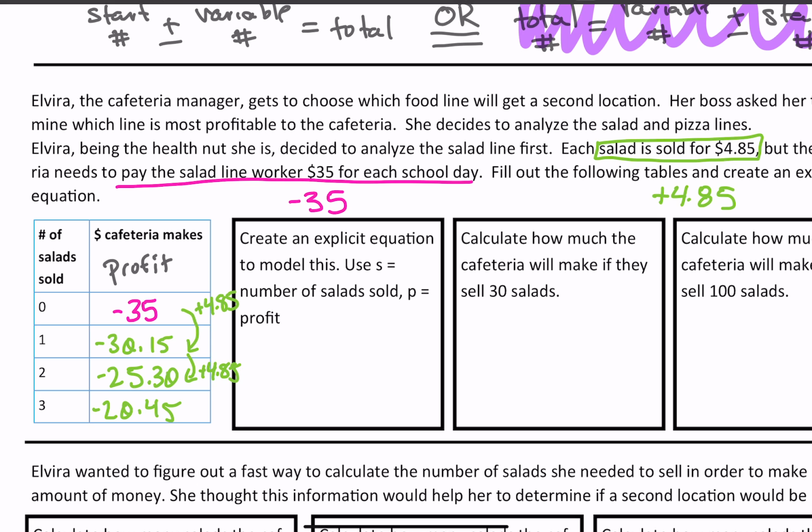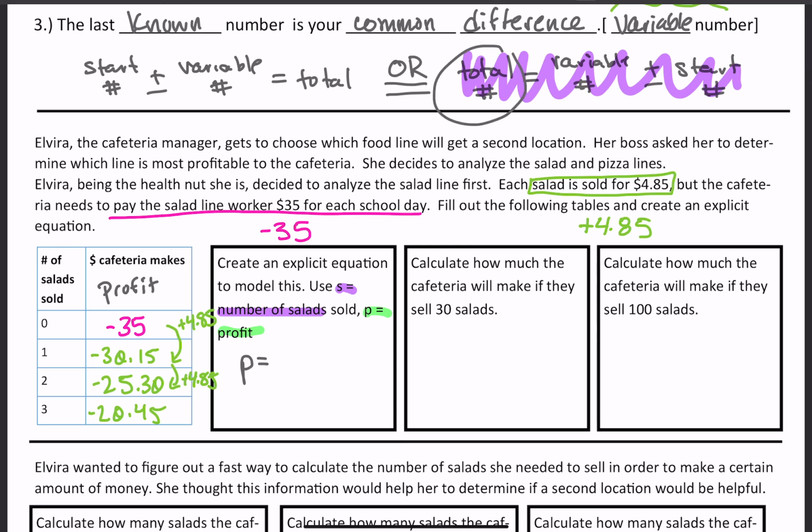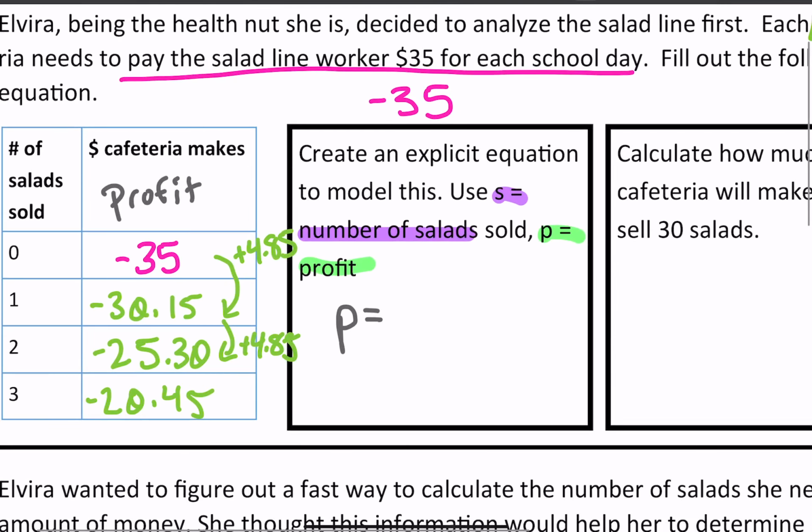Okay, so let's write an equation. So we have S for salads and P for profit. Well, we have to think which one of these 2 variables that we're talking about is our total. Well, profit is your total. That's how much money you're trying to get to, right? That's your end result. So we're going to have P equals, because total is always going to be on one side of the variable, as you guys can see. It's never within anybody else. So we got P equals,